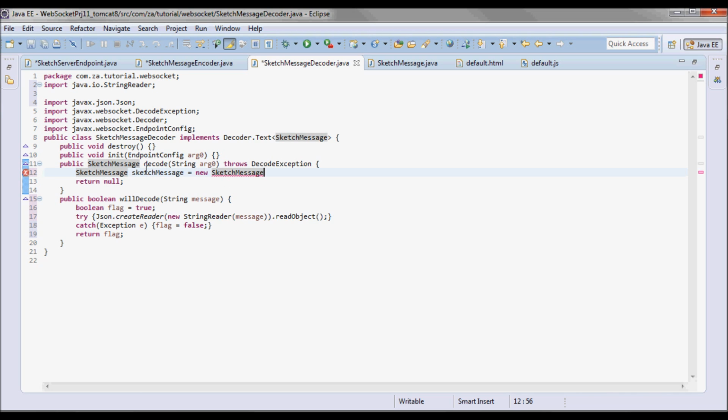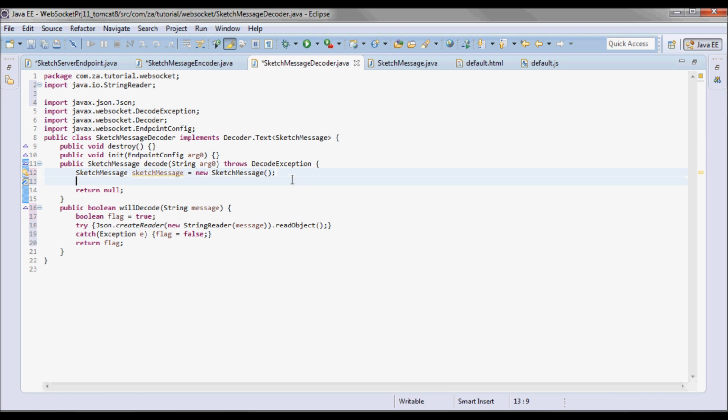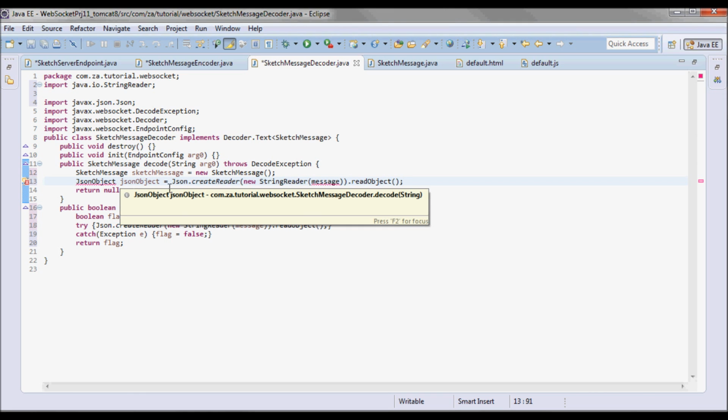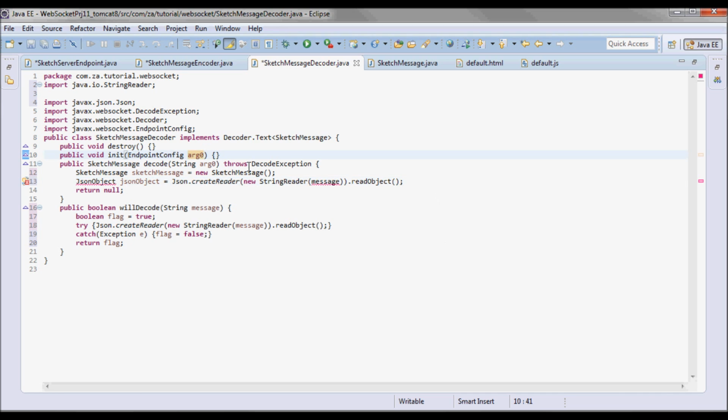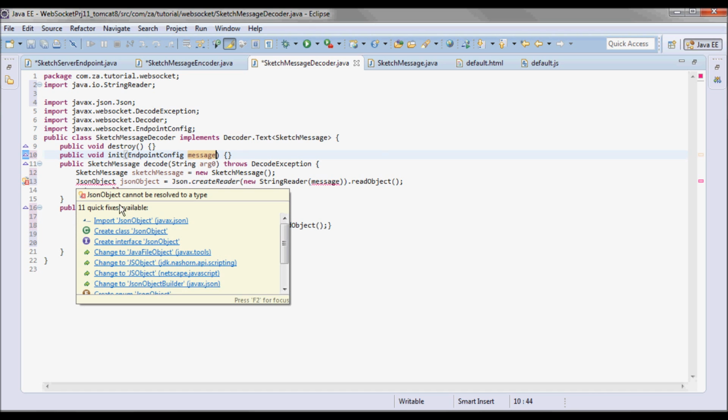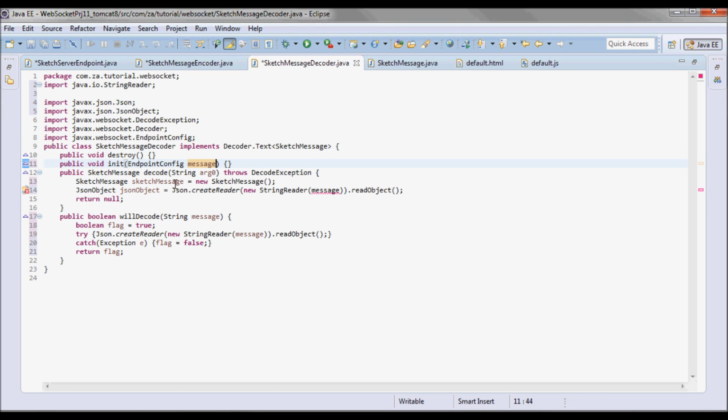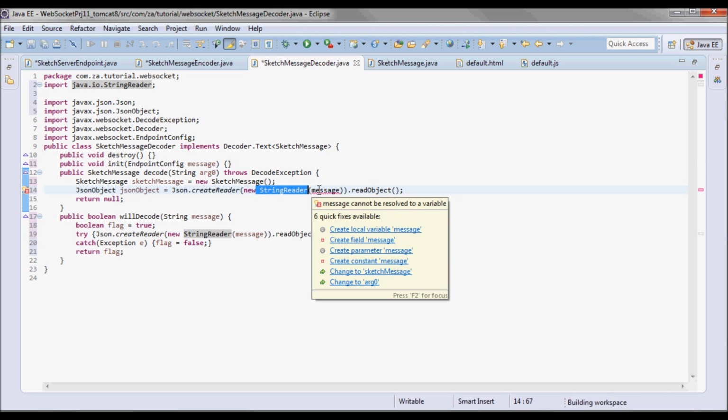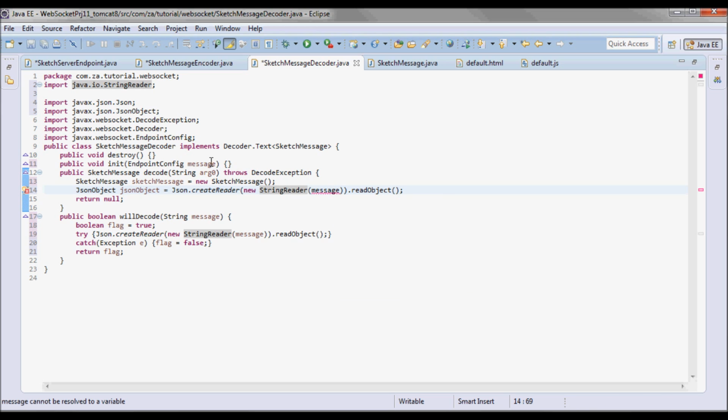So if we can read that JSON, we'll go next to the decode method, and here I'll instantiate a sketch message, and I'll pick up a JSON object. Let's change this to message. By doing JSON.createReader, passing in a string reader instance that takes the message.